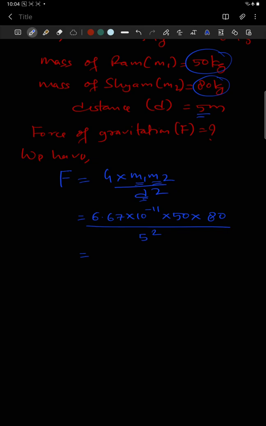So when you do so, it will come 2.66. After decimal you can write 2 digits, into 10 to the power minus 7 divided by 5 square, means 25. So finally F equals to, if we divide by 25, then the answer comes